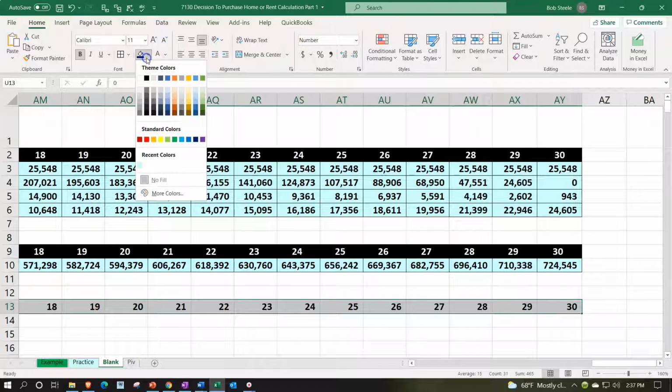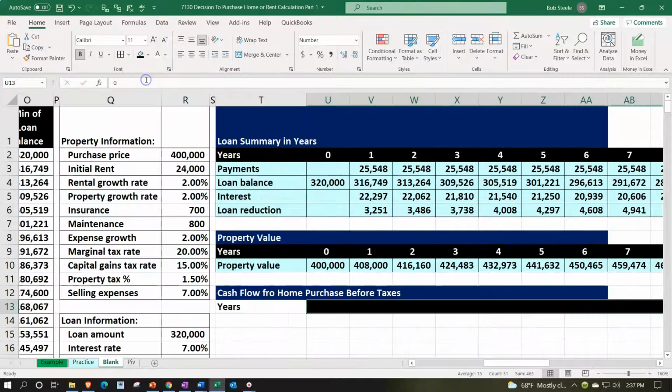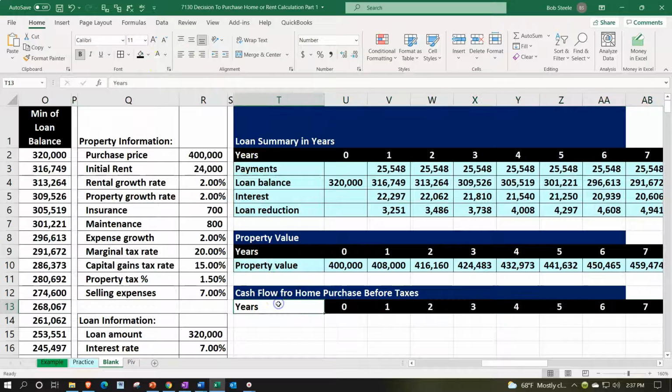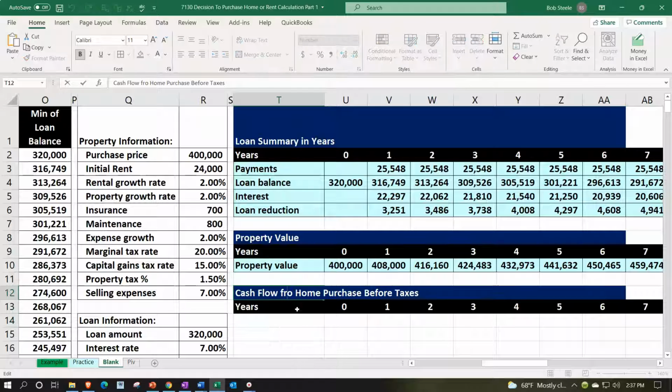We're going to then bring this up to the black and white up top. Let's center it to alignment. Let's center that too. There we go. Looking nice. Then we're going to go black and white down here too. There we have it. So the cash flow, if we were to purchase the home, would then be,